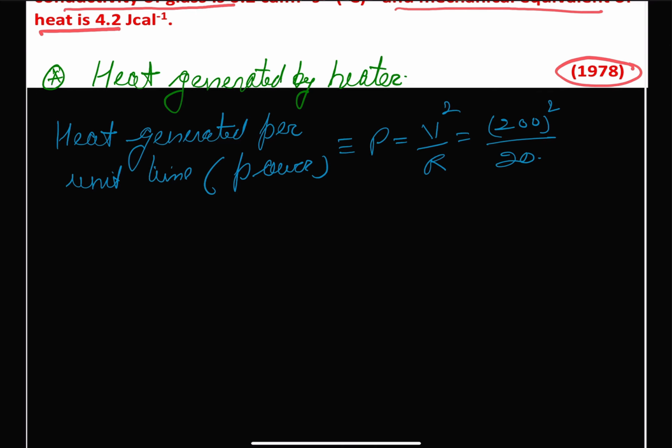So we get that power will be equal to 2000 watts, or 2000 joules per second,